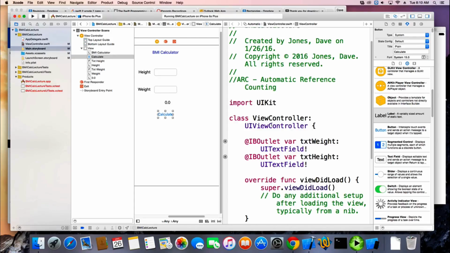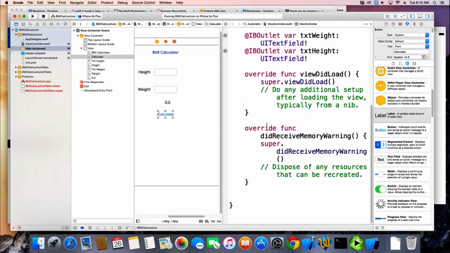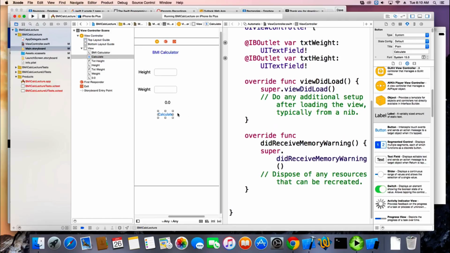And then this is going to be a button. So we're going to put this, and instead of creating an outlet for that, we want to create an action. We want to do something when this button is created. So I'm going to drag it, instead of up here, I'm going to drag it down to where my other methods are going to go. So this will create a method, an action for this button to execute. So it's like an on-click, right? So I'm going to create, instead of an outlet, I'm going to create an action, and we'll call it calculate